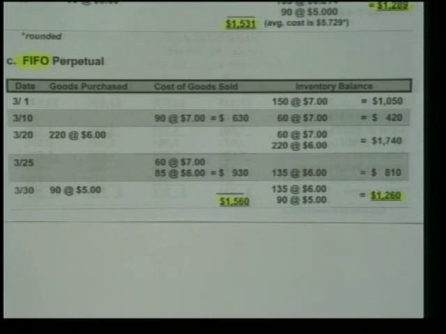Did you guys get FIFO right? Once again, though, on the test, folks, if you have time, do these problems twice, because you could make one little multiplication error, one little fat finger calculator error, and miss all your points. So you want to make sure that you recheck them, that you use these mechanisms to check your answers if it's asked in that manner. But you don't want to miss points just from some little